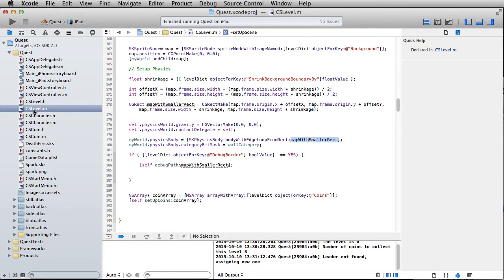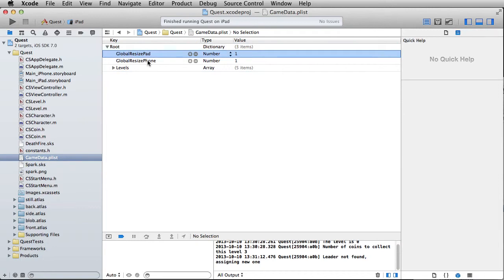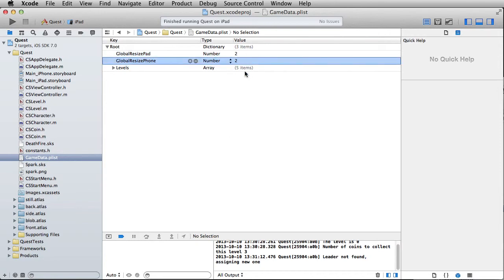All right, so what I did was I came over here to our game data .plist, and outside of the levels, I created a global resize variable for both the pad and the phone. If you have this set at 1, it's going to be at 100%, and you'd think at 0.5 it would be at 50%, but it's actually going to be the opposite of that. If you had this at 2 and 2, or of course you could just have it 2 and 1, whatever you want, and they can be decimal values as well, but your range is realistically going to be somewhere between 1 and 2,